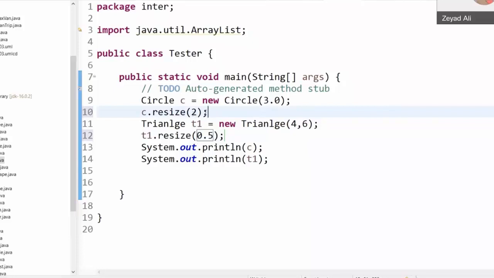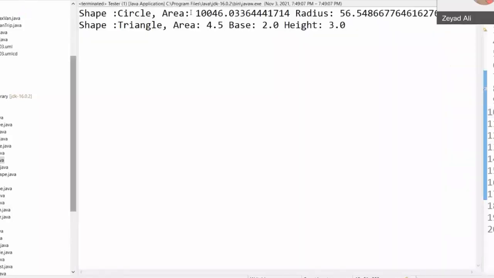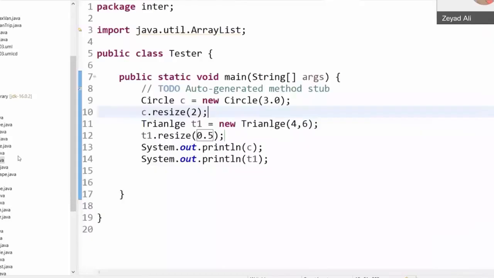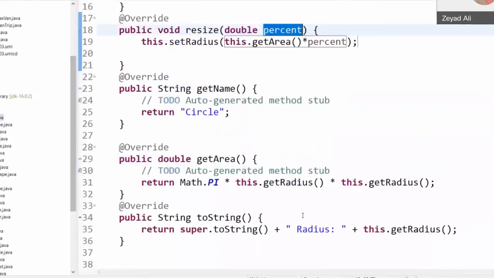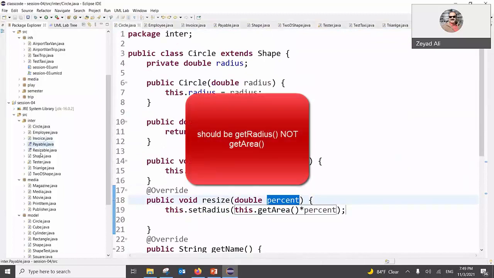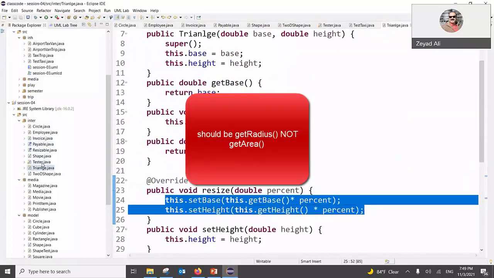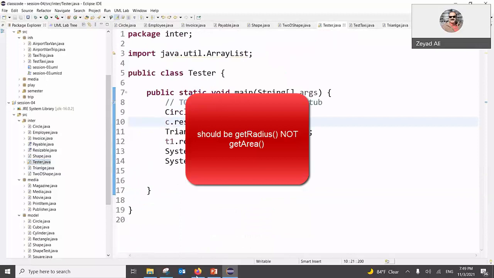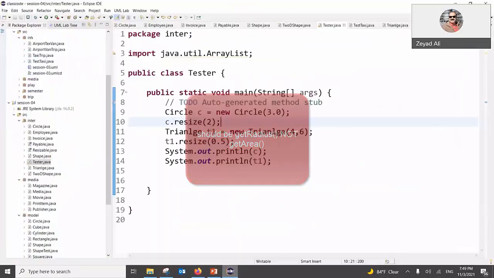How to implement it? It depends on the shape. Let me run this. Look at the radius here. Okay, I don't see the radius, but here see 2 and 3. Okay, the radius value was multiplied by 2. Oh, okay. Maybe radius here in the circle. Let me make sure this.getRadius and circle tester. Okay. Now, and I am done. I will stop recording, but I will